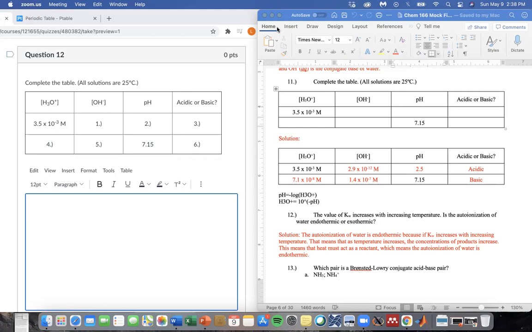Maybe let me make sure that the negative log of 3.5 e negative 3 is 2.455. So maybe if we plug in 2.455 instead of 2.5, it'll give us a better answer. If you actually do the negative log of 3.5 times 10 to the negative 3, take that entire number and put it in, and then do 14 minus that whole number, so it's like